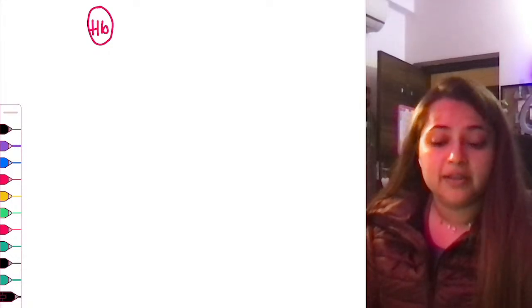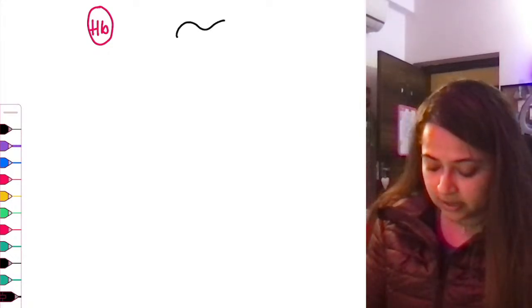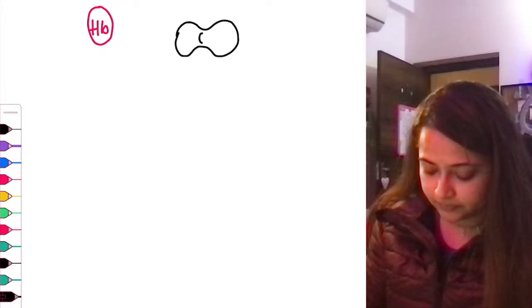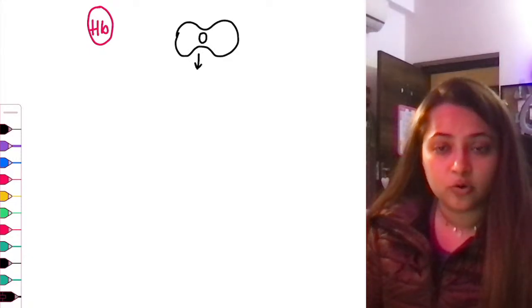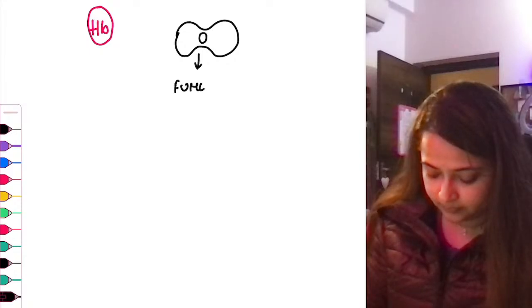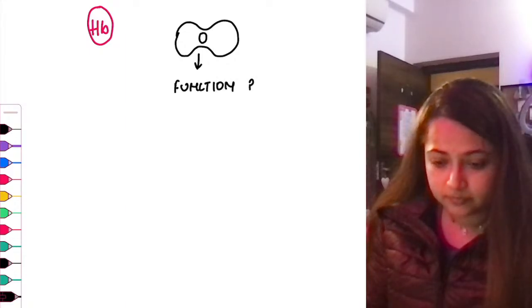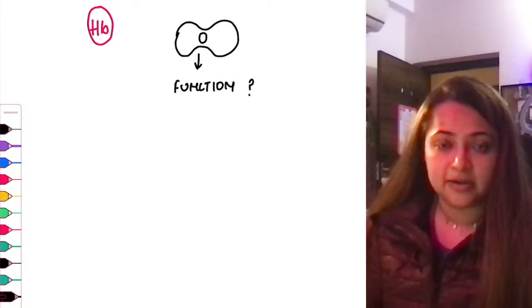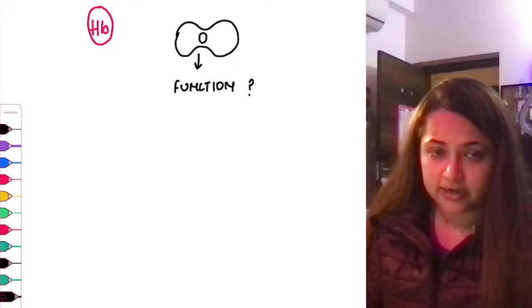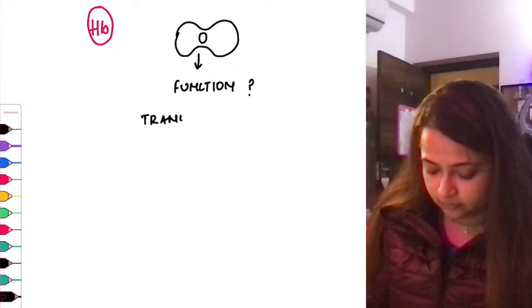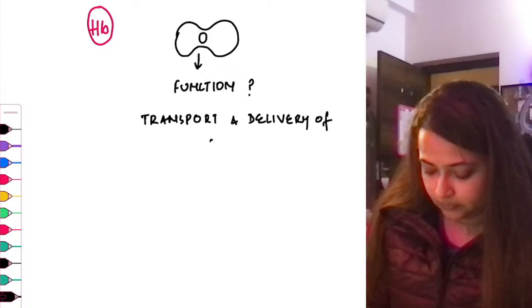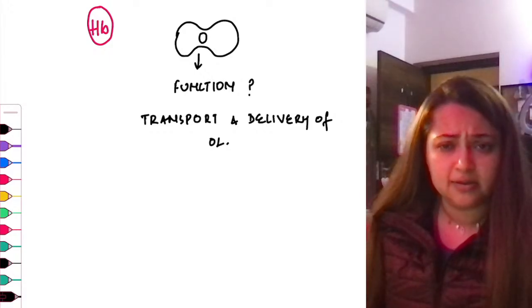Yes, so the hemoglobin is there in the RBC. What is the function of hemoglobin? Your answer is that it would carry the oxygen and deliver it to the tissues. So transport and delivery of oxygen. Okay, this is the basic thing. Now,